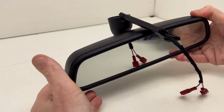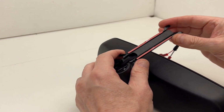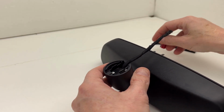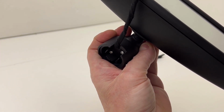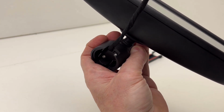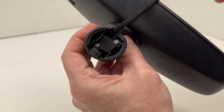So we can see the loom right here. It just kind of snaps into place. Let's take this off, this wiring channel for the loom. And you can see this Jetta bracket right there. You can see how this one's notched. The EOS one is not notched. So if I was to actually use that, I would have to notch it for this wiring harness,